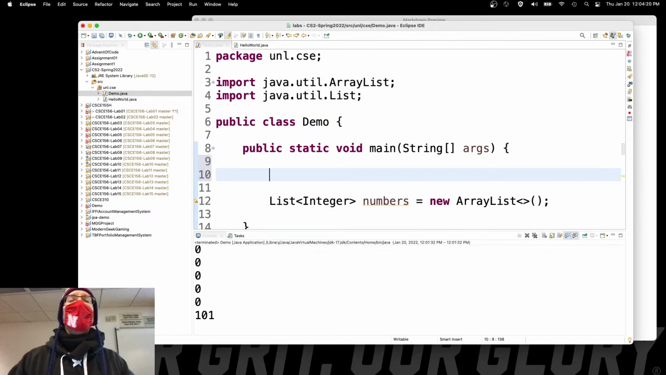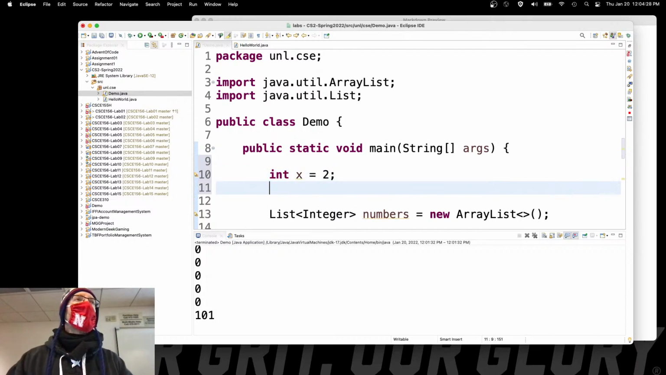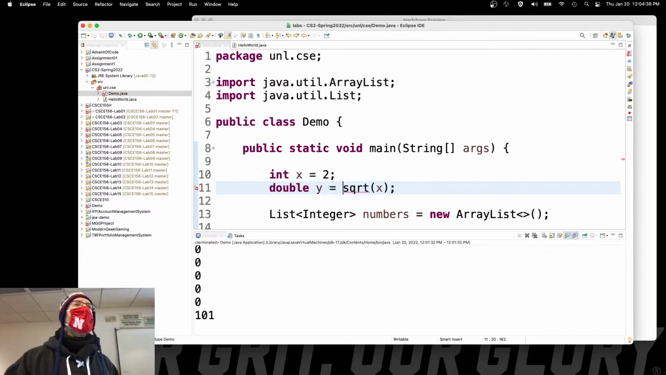Let's take an aside here, and let's try to do some math. So int x is equal to 2. I want to compute the square root of x. So in C, I would do something like this, square root of x, right? And then I would capture it in a value. But I can't do that here in Java. This is an aside. It has nothing to do with arrays or array lists, but it does have to do with importing external